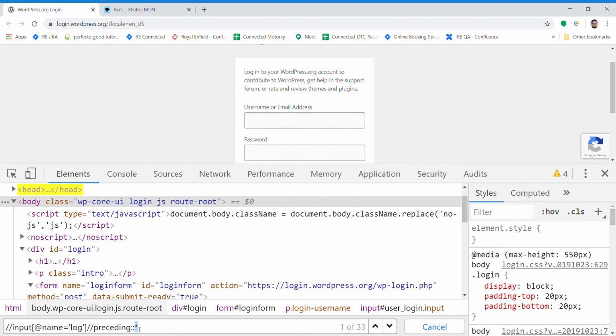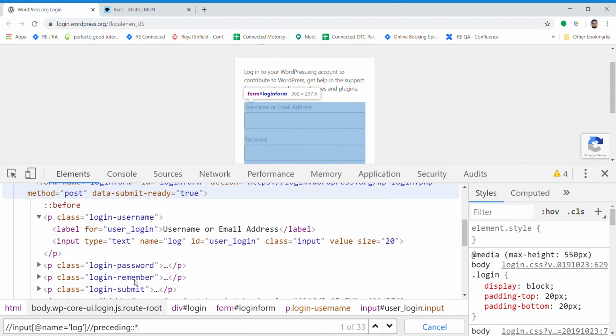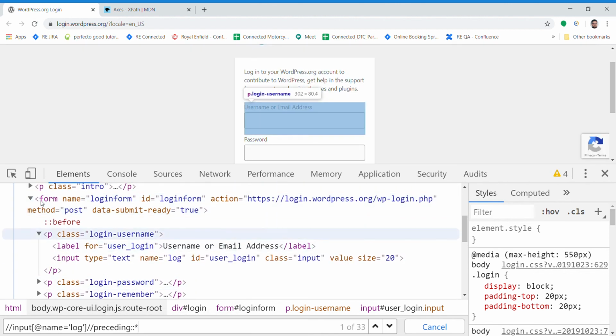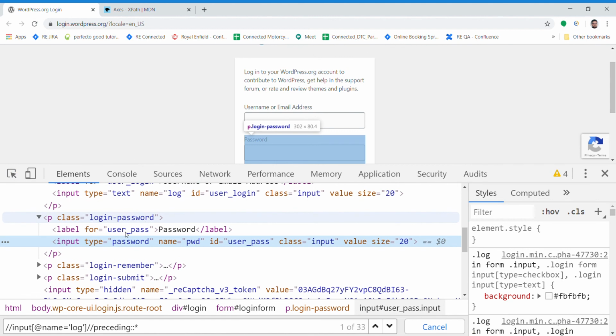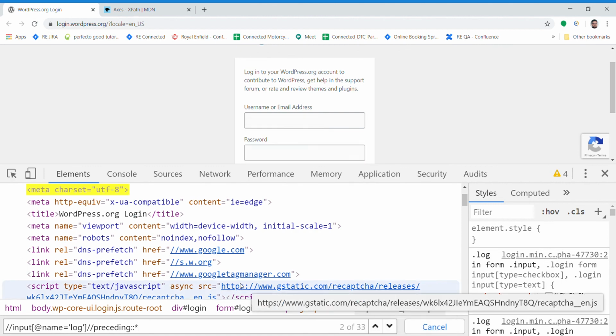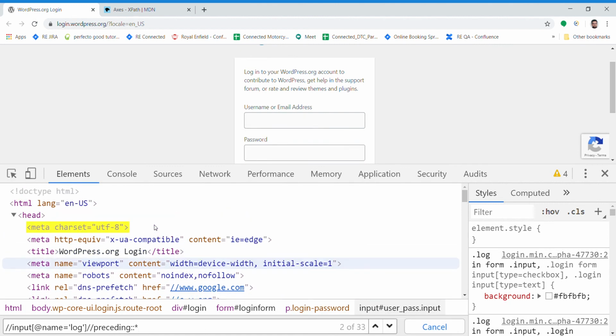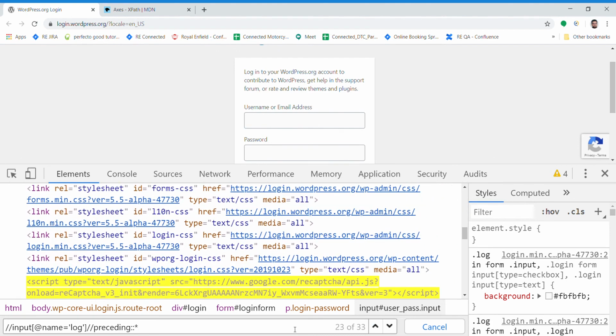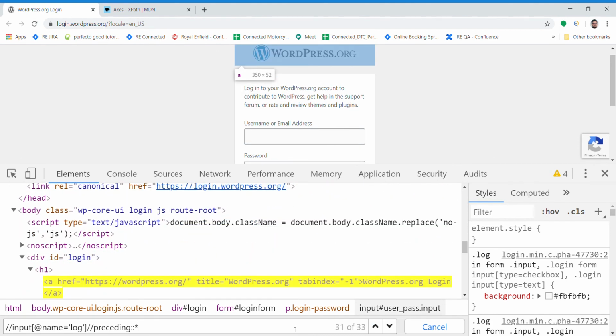We are not specifying any tag name here, so any nodes before this password node. It is going to find all those preceding nodes. As of now there are 33 nodes, right? You see, if you go here, it will find all those nodes and then come back to that node.